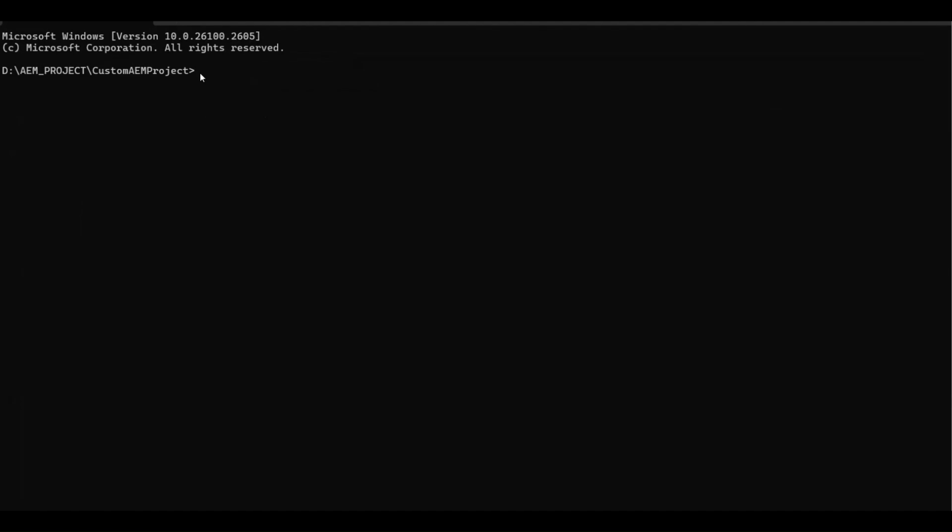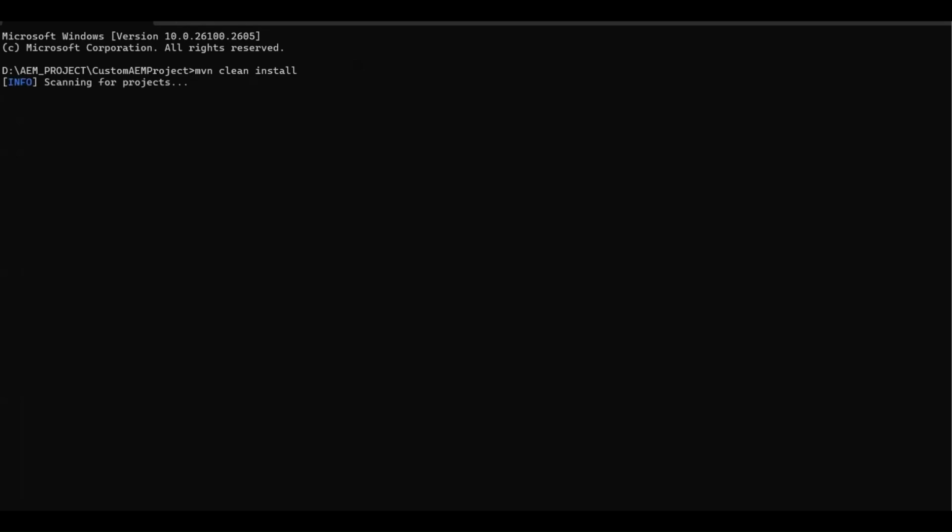First we need to build this project. It might be possible we get some issues, and first we need to fix that. So let me show how to build the project in AEM. Generally we write mvn clean install. Here mvn is the Maven command. Maven is the build tool we generally use, so we'll directly use this one. The second one, clean, cleans the whole project, and after that we are installing it. So if I type this one,